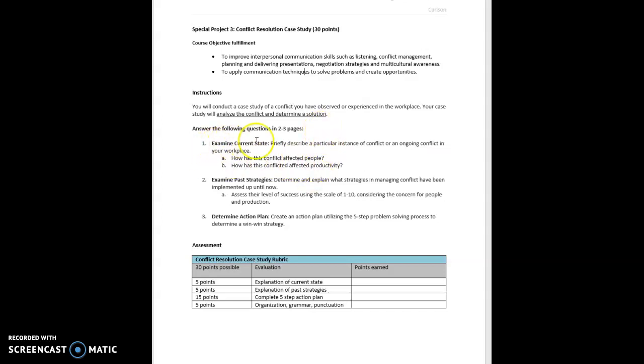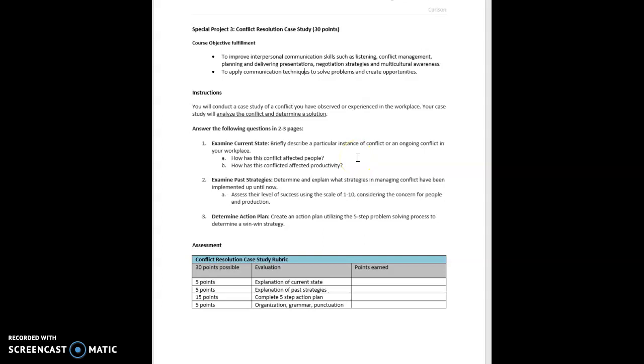The first piece, examine the current state. Briefly describe a particular instance of conflict or ongoing conflict in your workplace. Okay, keyword there, briefly, just give me a simple explanation of the conflict. Refine that down to 1 paragraph. How has the conflict affected people, and how has the conflict affected productivity? Be sure and indicate that as you examine the current state, because those are the 2 key pieces we are